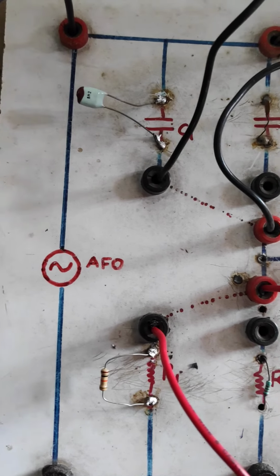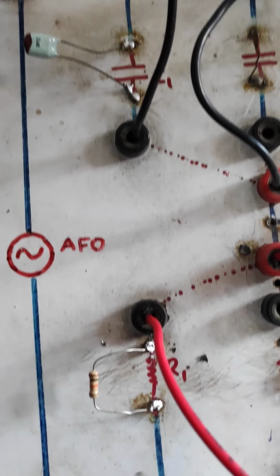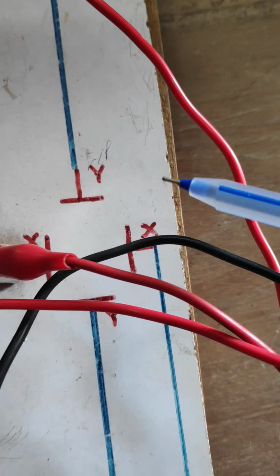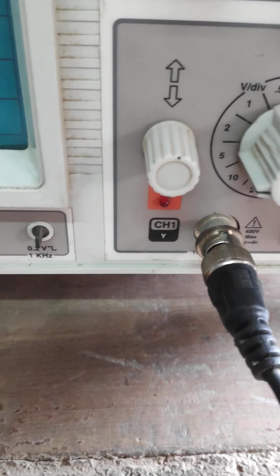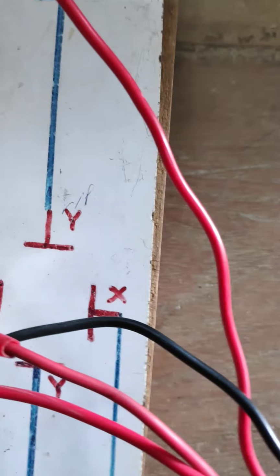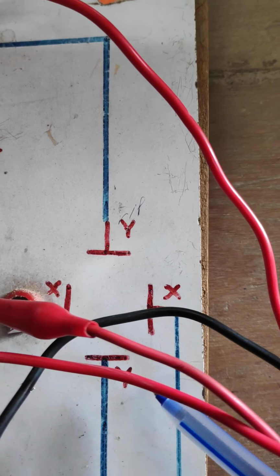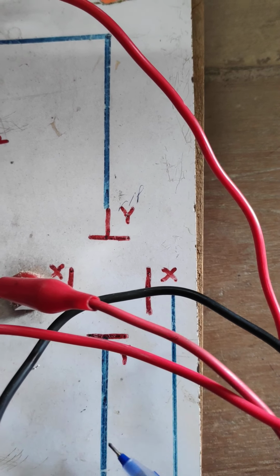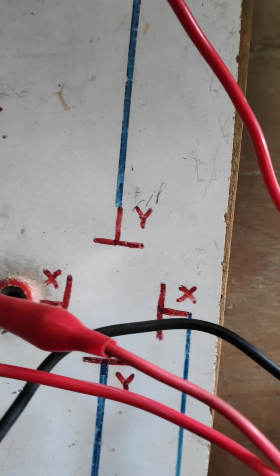So there will be a phase difference between the signals applied to the X and Y plates. So here the circuit is already connected. You have got an AFO. This is the capacitor that we have connected, a resistance that we have connected, and these are the plates of the CRO which we have already connected. So here this is the Y plates, that is a channel Y which you have connected in this particular place over here. This is the ground. This part is connected to the ground and this is connected to the live terminal. And here you have this X channel which is also connected over here.